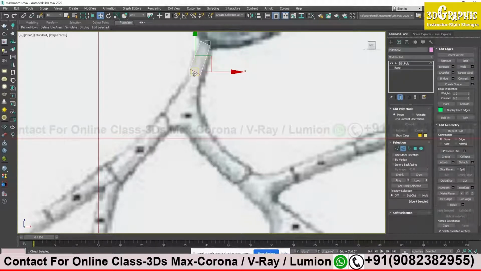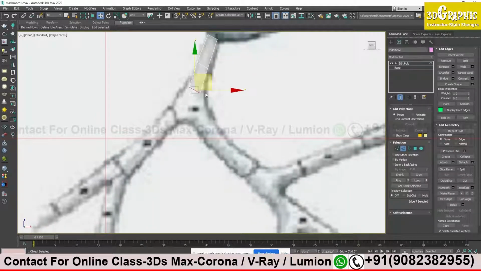So just press the shift key from your keyboard and click and drag. Can you see this? It is extruded. So it is simpler and it is very effective. I just extruded this and I have to reshape it.